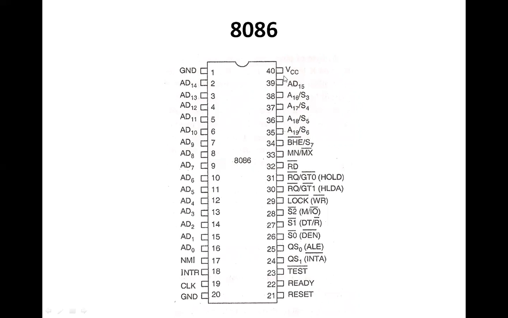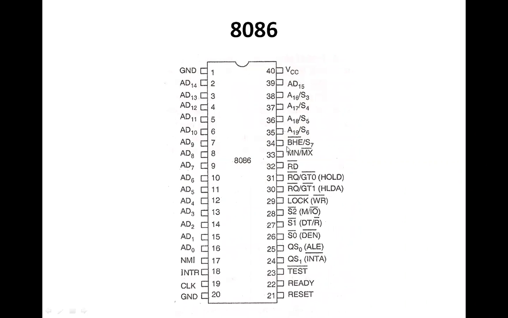Now, in 8086, we have 20 address lines. You can see, if I consider A0 to A14, then A15, 16, 17, 18, 19. So A0 to A19 is the 20 address lines. And we have 16 data lines from D0 to D15. So it means the 20-bit address lines